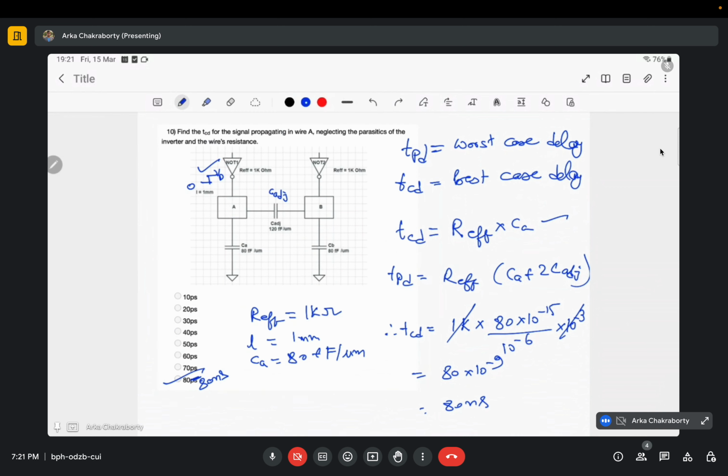So this needs to charge this CA. It needs to also charge this capacitance C adjacent. So it is charging 2 capacitances, and the net capacitance it needs to charge is CA plus C adjacent. I have considered it is not being driven by anything; it is a floating node. Now if it is driven by another driver and they both are changing in the same